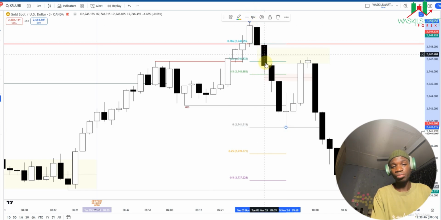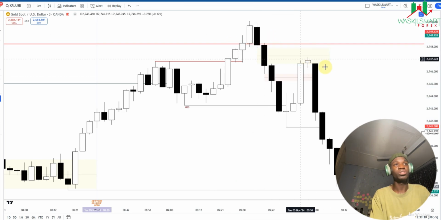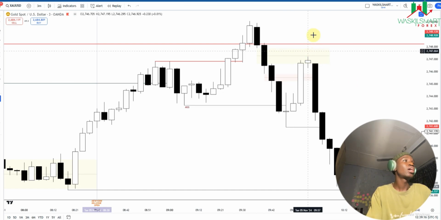inside the premium zone. I'm expecting market to retrace to the premium, then for me to be a seller. I'm not expecting market to retrace to the discount. Based on these structures, I'm expecting market to retrace to the premium, then I will be looking for the PDRs, the price delivery from the premium zone. That's why we use this fair value gap here, because it's above 50%. This one is not above, this one is above. That's why I use that as our entry